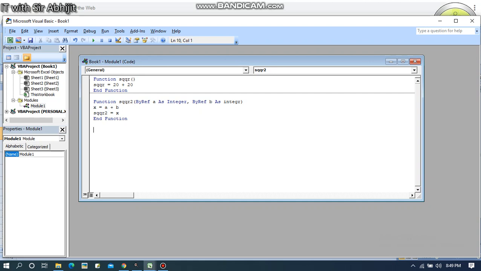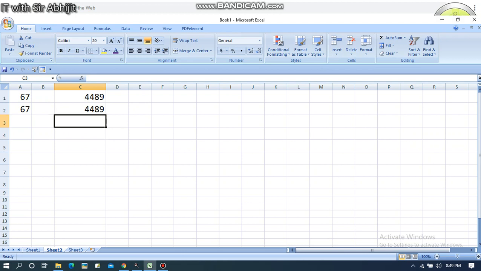and sqqr2. Now you can see in the function sqqr2 I have passed two integers as arguments. One is integer a and the other is integer b. Now when I use this function, this function will allow me to pass two values or two references inside. Okay, sqqr2, and it will allow me to pass two values inside. Now a1